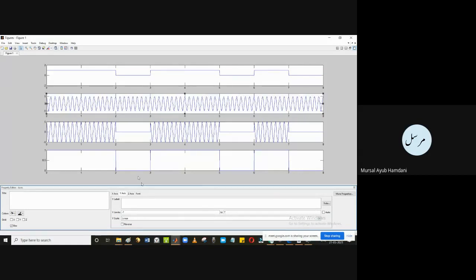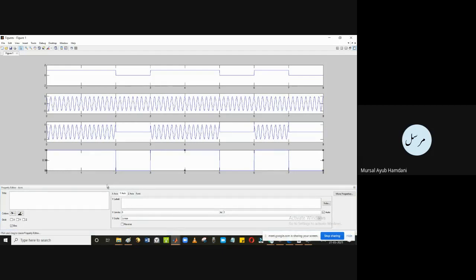Okay, and then the third one, -7 to +7, and then here also -2 to +2.